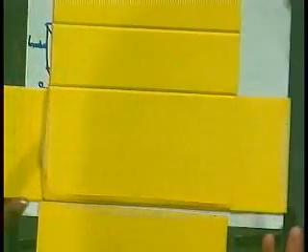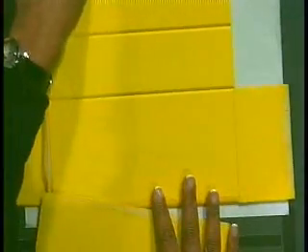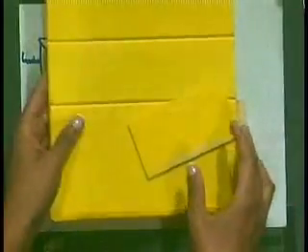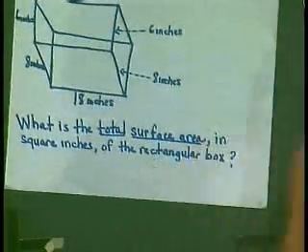So the area of a rectangle is length times width. If we look at our diagram or our net, we have 6 faces. So the area of each of the faces becomes our task. So let's do that. Let's find the area of each face of our rectangular prism. If I move my net, I know I have 6 faces just from taking that net apart. So let's start with